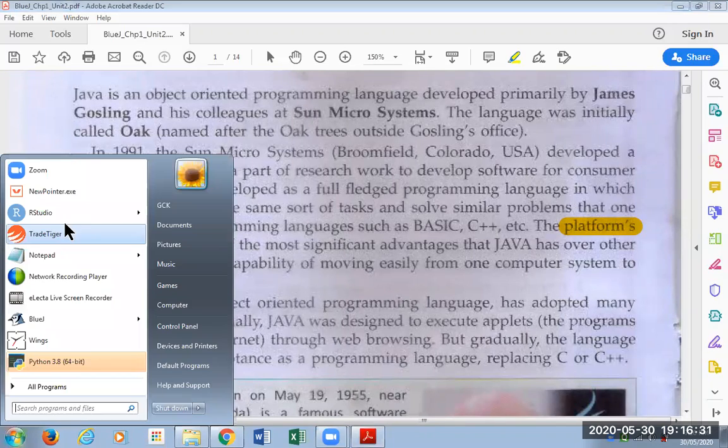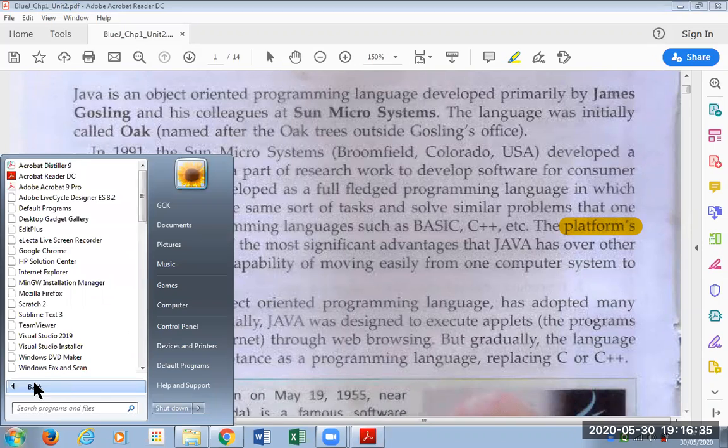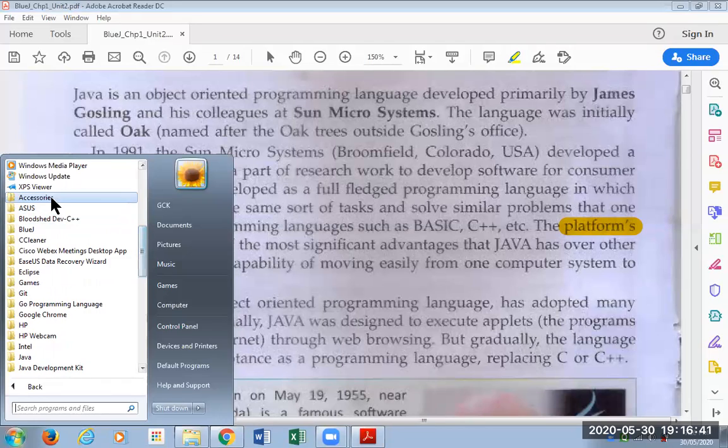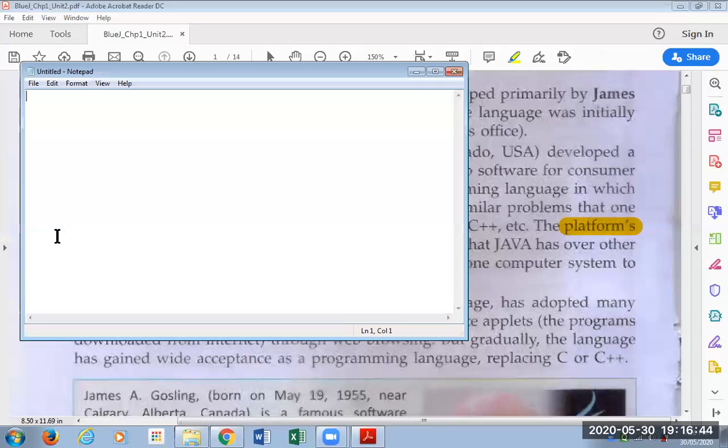I'll just do a bit of typing in Notepad so that these terms are a bit clearer to you. So myself, I'm using a computer, a Lenovo computer. Okay, that's my hardware.